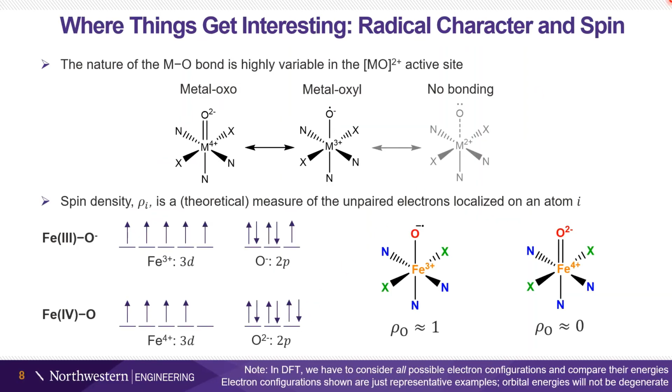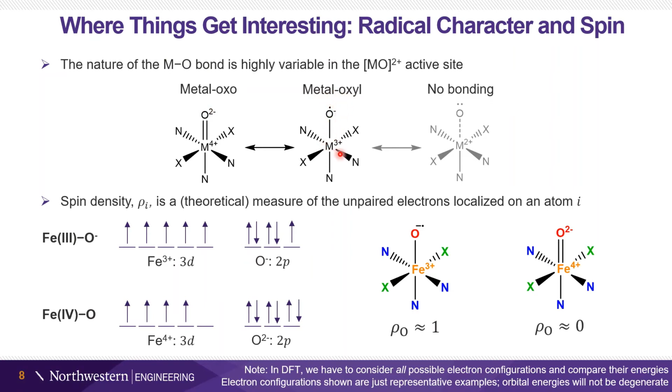Now, where things get really interesting is when we take a look at the electronic structure of the metal centers when we consider different bridging ligands. What we need to do now is first understand what the electronic structure could potentially look like. In this case, we could have something that's more formally a metal oxo species, like I've been alluding to before. This would be where you start with a metal that's in the 2+ state in the MOF, and it gets oxidized to the 4+ state, and the oxygen ligand is then in the 2- state, and is a fairly high bond order. But there can also be a metal oxyl radical instead, where